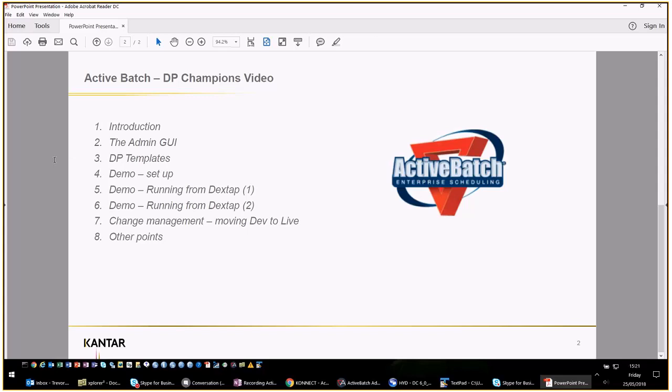Then I'll move on to change management, which shows you, once you've done all your testing and you're ready to move to production, how you then move that activity in your Active Batch automation into the live environment, and then just a few other points